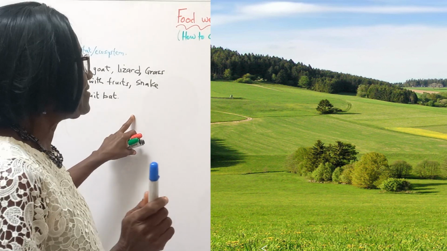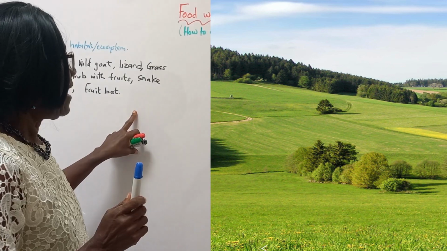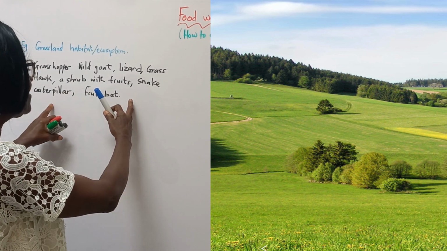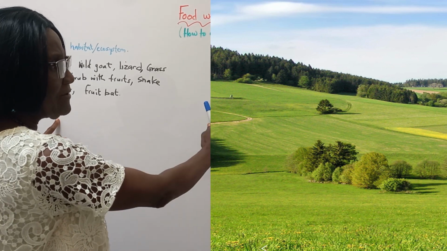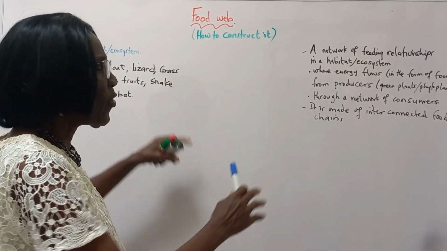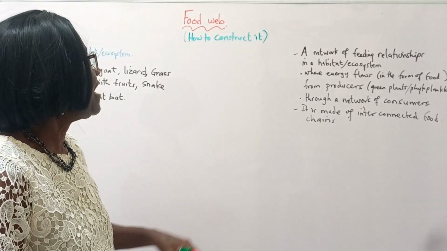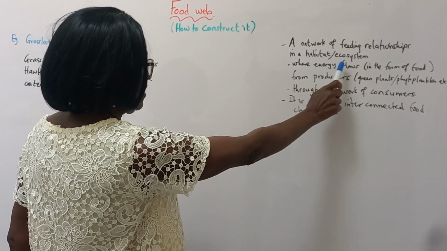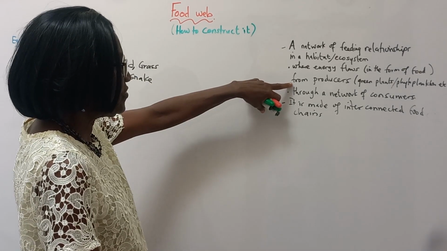And these organisms will be interacting with each other in their feeding habits. The interactions or the relationships among these organisms, as far as feeding is concerned, are not just single food chains. There's a network of feeding relationships in that whole habitat. And that network of feeding relationships is what a food web is. So, a network of feeding relationships in an ecosystem where energy flows in the form of food from producers through